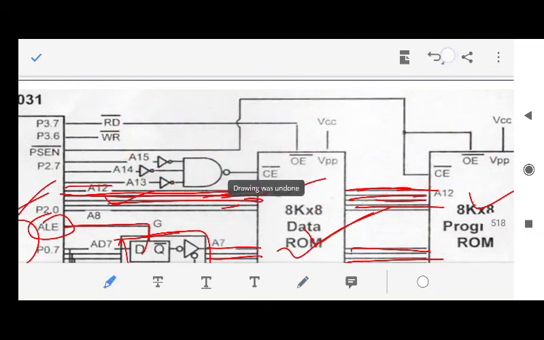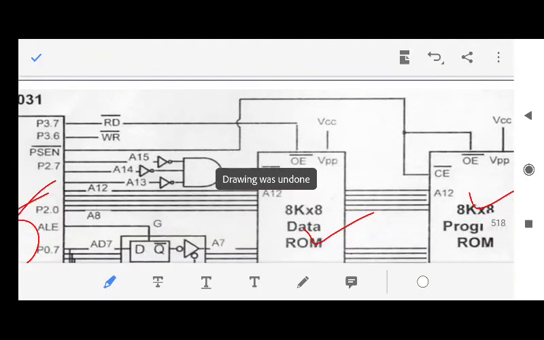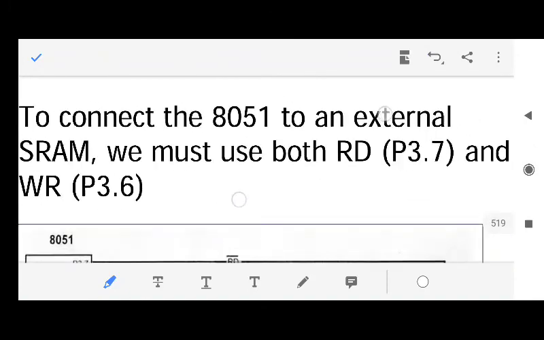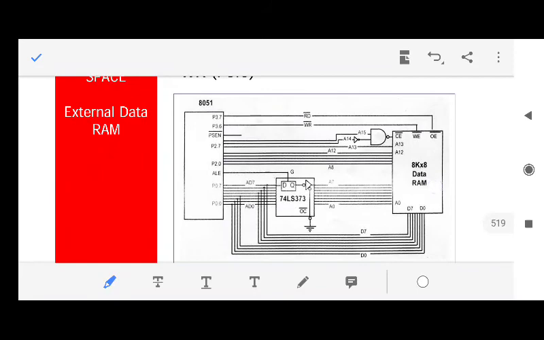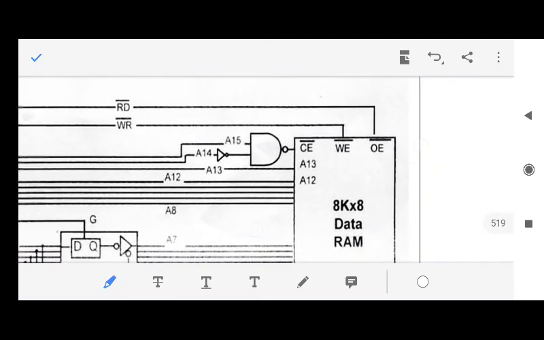It's very easy. Let us take one more example. I think there's one more example in this slide. We'll tell that example also, and then our class is finished. This is the data RAM. See, there's one more example of data RAM. We have covered data ROM, we have covered code ROM, program ROM. We have not covered the data RAM. Now we are covering the RAM. Please remember, this is a RAM.